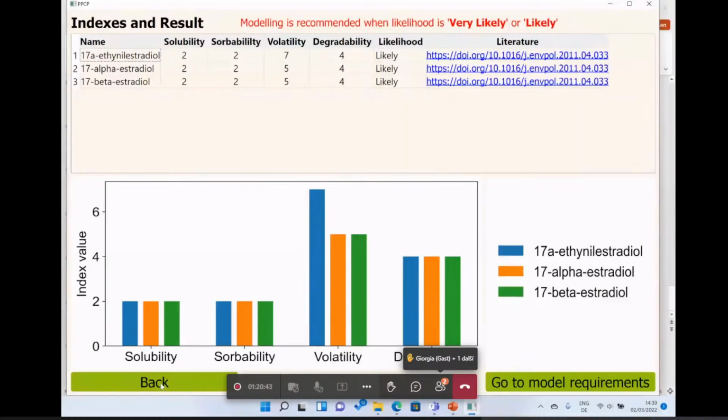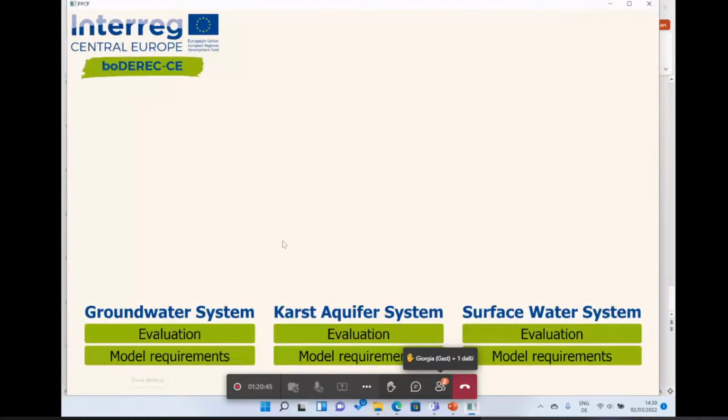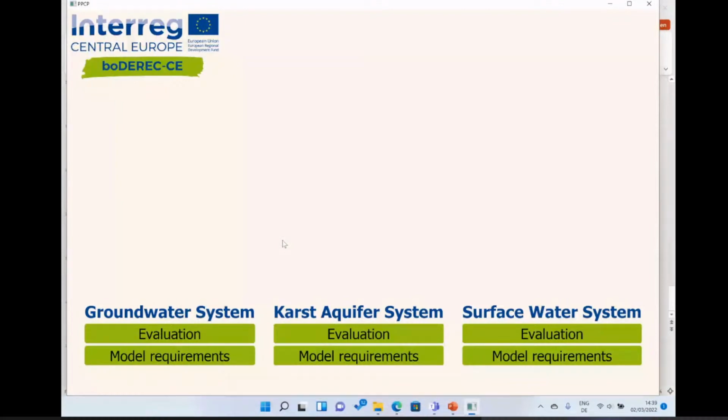Okay, we have also Georgia. Now you should be able to unmute yourself, so please take the floor. Okay, but you have to unmute yourself.